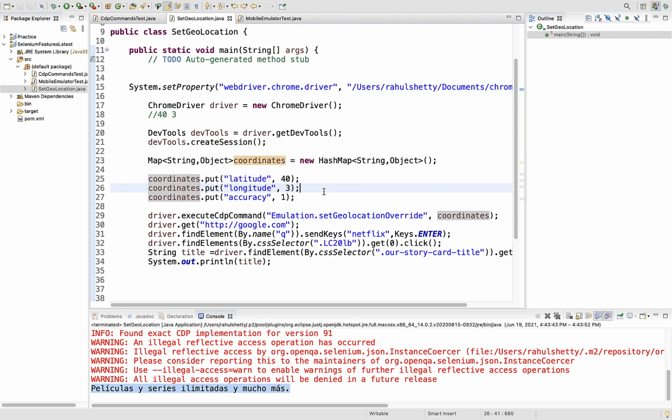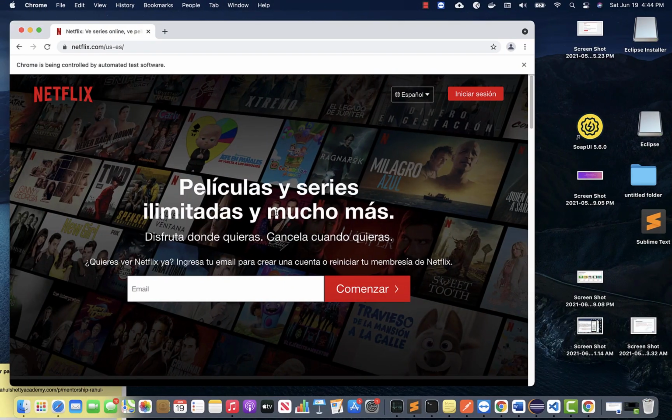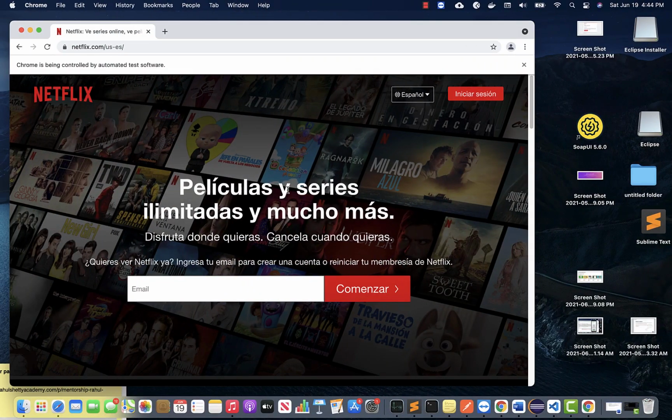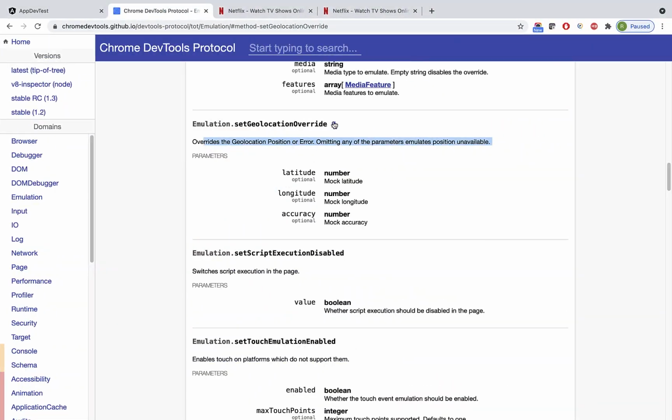This is where you will get a question like what you can't automate, and people used to say you cannot automate if it is a localized language. Yes, now you can automate with the help of CDP. No matter what language it is, you can still test your functionality, whether it is behaving and switching to different languages based upon your search. Next, let's try to give an Indian location and see if we are able to see the results in that way.